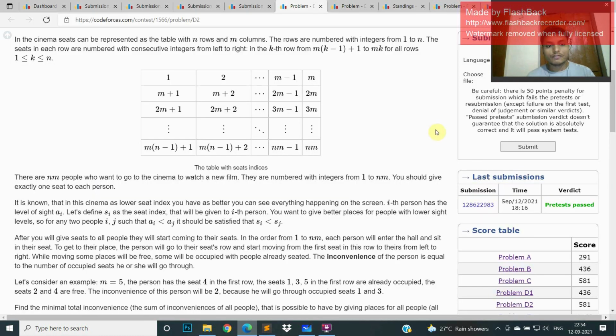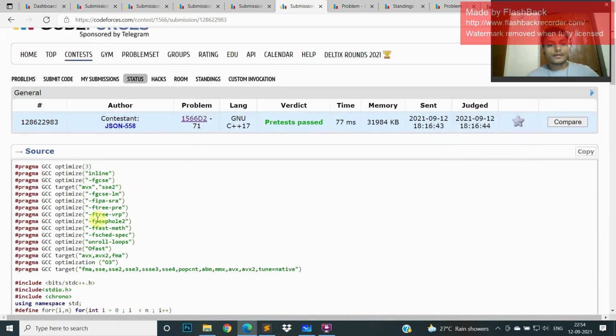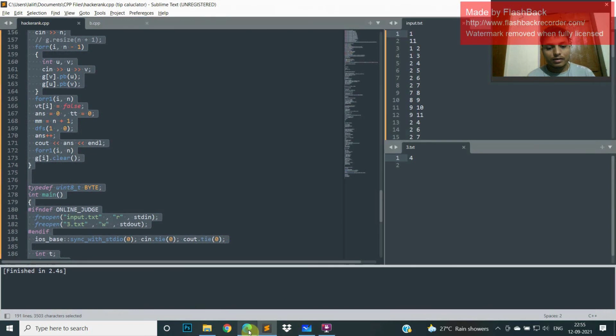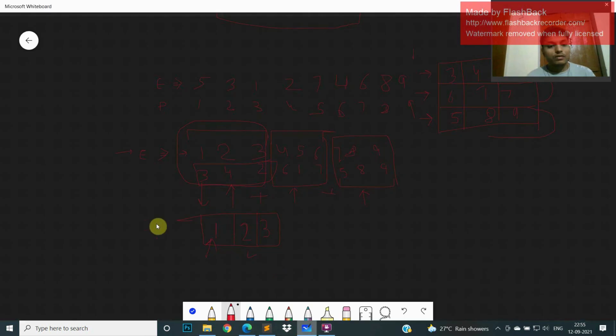If we look at this code, but we have to take care if 3 and 4 have the same eyesight.